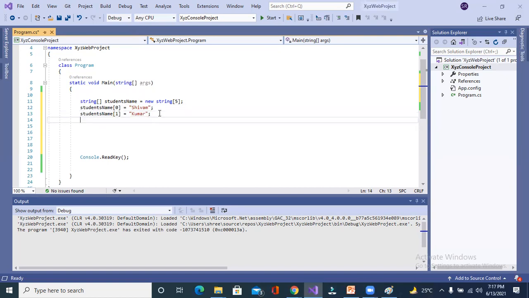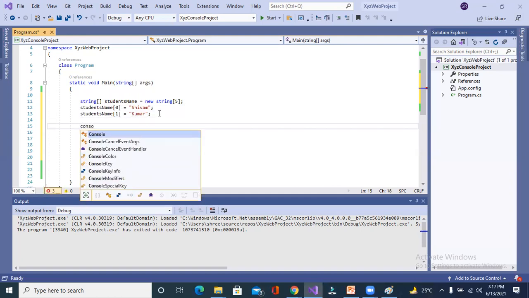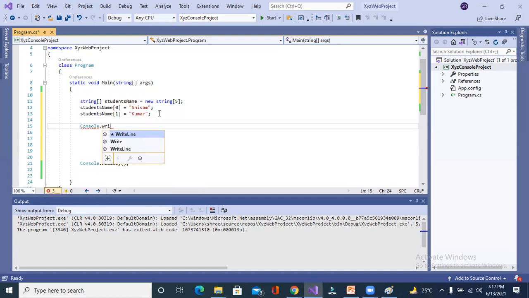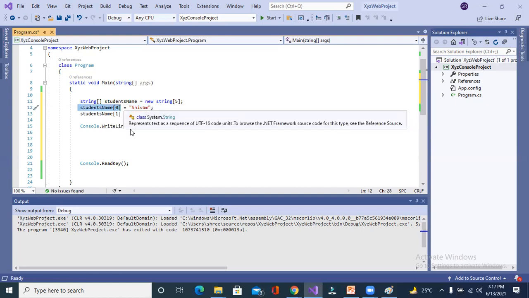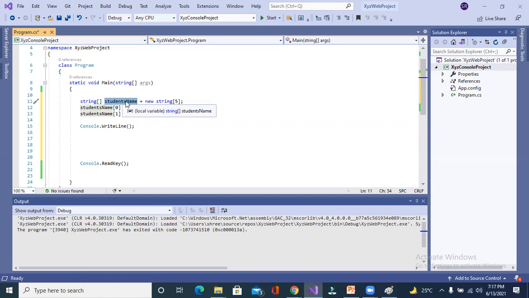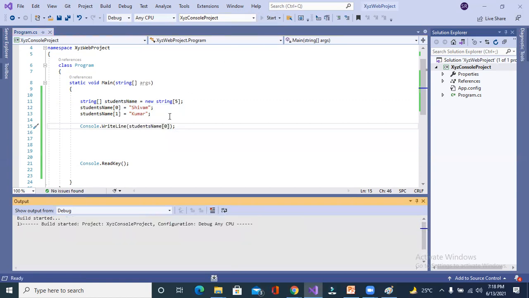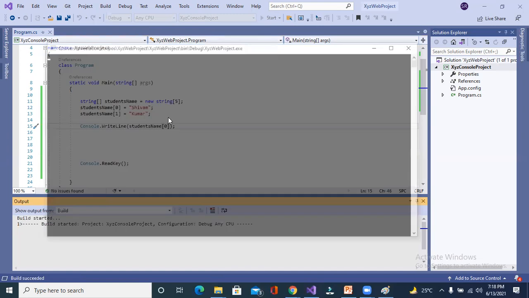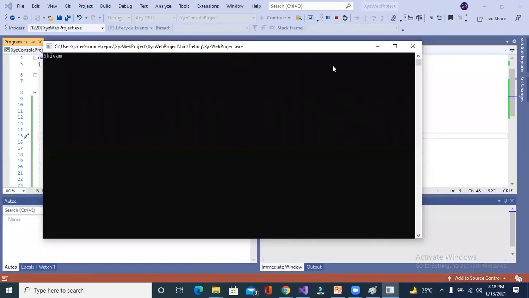If you want to print the name of Shivam, which index position will you use? Shilpa? Yes, sir, 0. What will I write? The name of the variable, student's name, and I will pass the index as well. If I run this application, what result will I get? Shivam. Same thing you have to do.